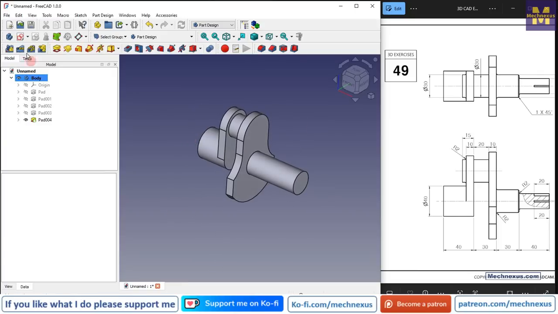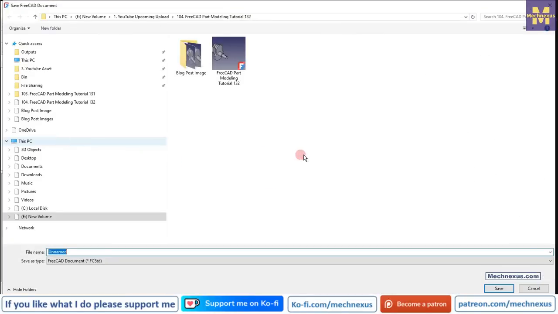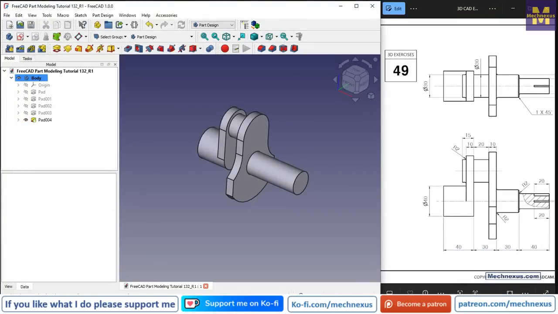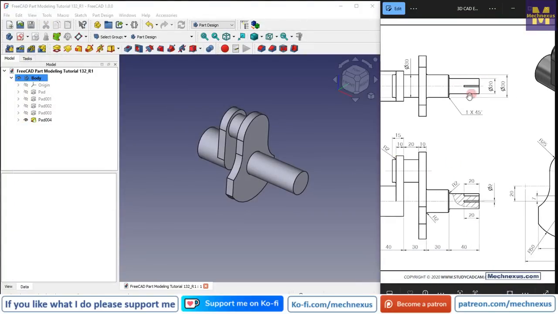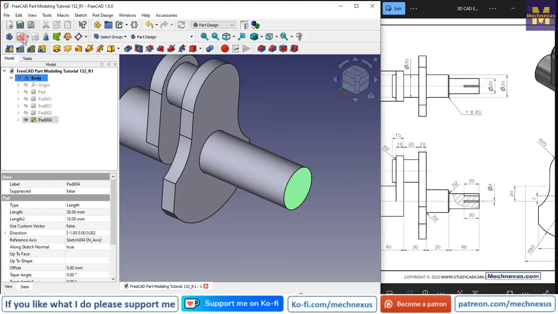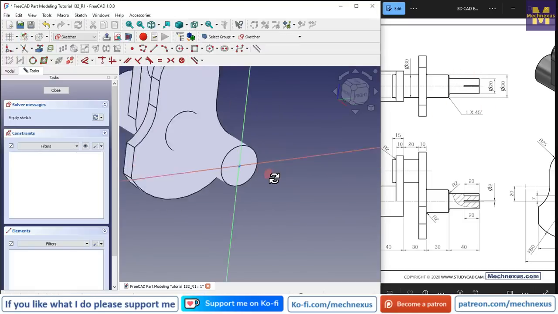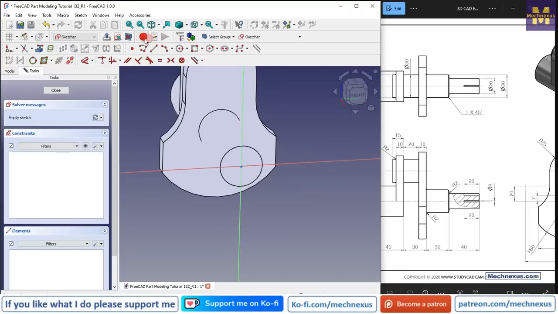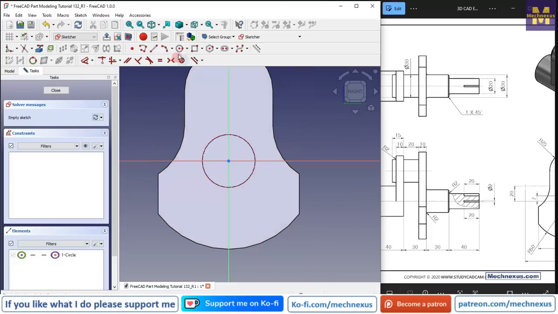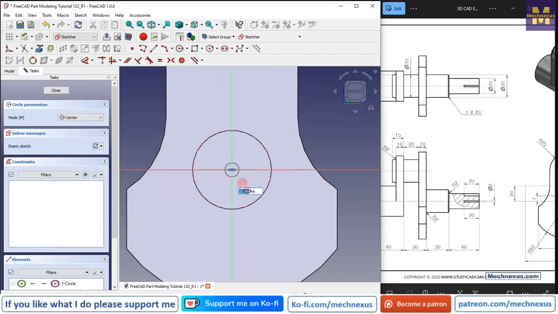So here first we will save our part, and now let's move to the next feature. In the next feature we will create this cut here. So for this we will select the face and click on the sketch, and here I will click on the project geometry and project this outer diameter, and here I will create two circles,